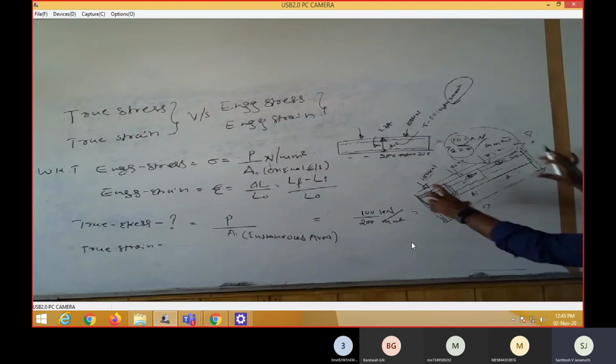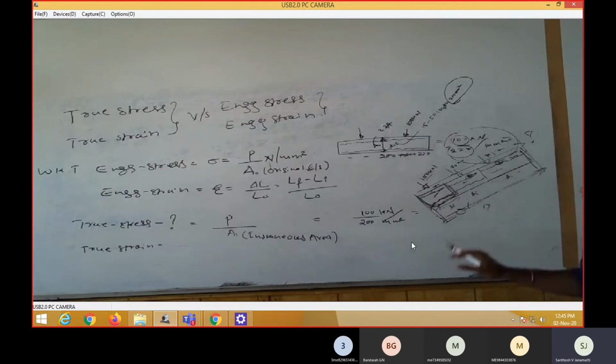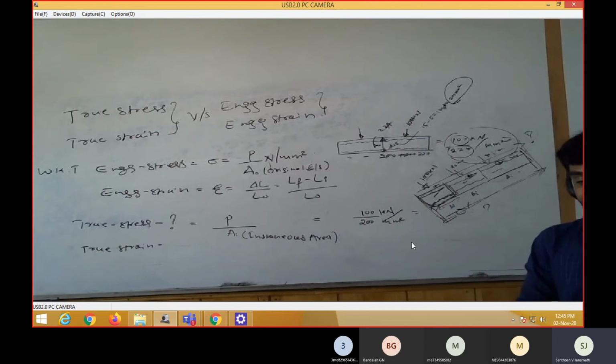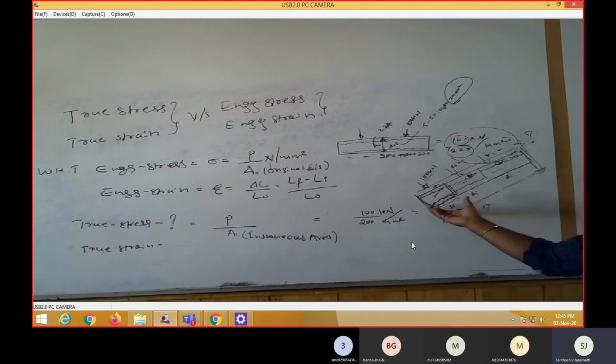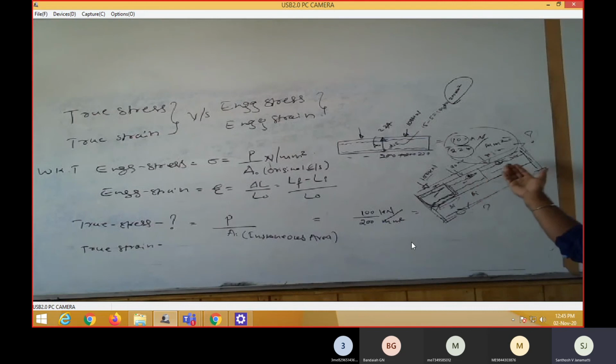Here also 2 mm. Based on this instantaneous concept, we can understand throughout the section how it behaves under 100 kg or 100 kilonewton. Definitely, this is very, very important. Suppose only one end we are calculating. What about the other end? If this end gives the same value, how can you say this confidently?